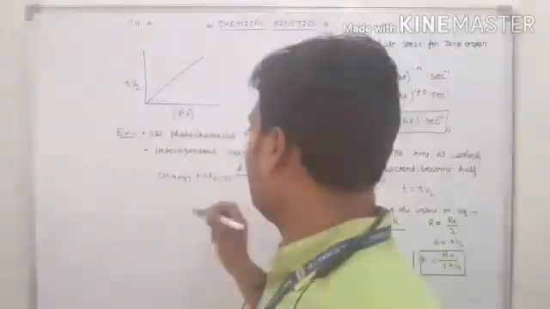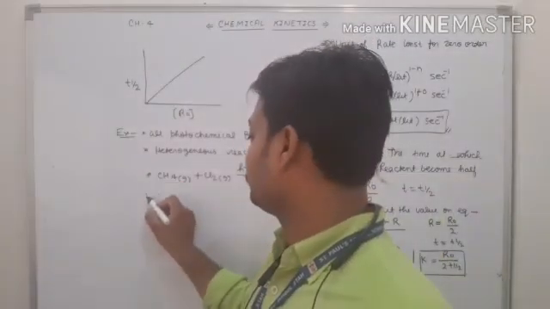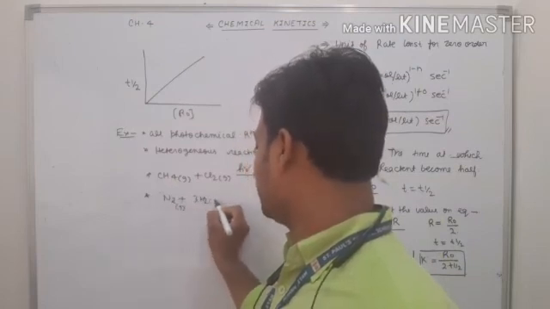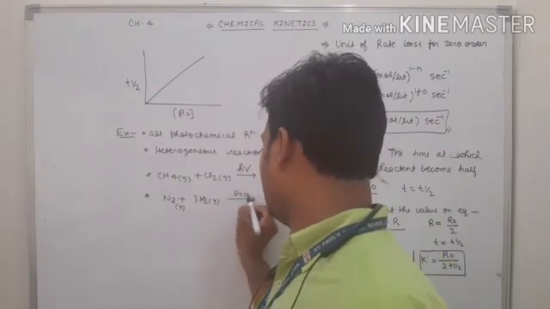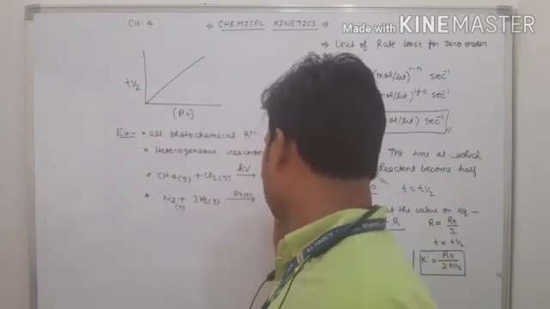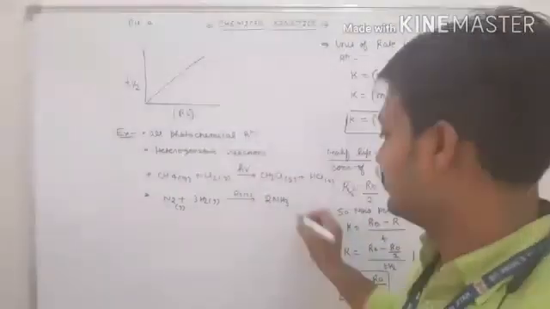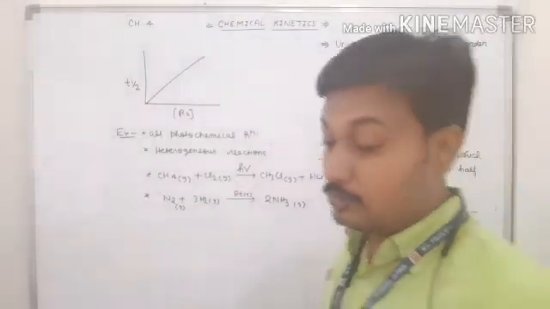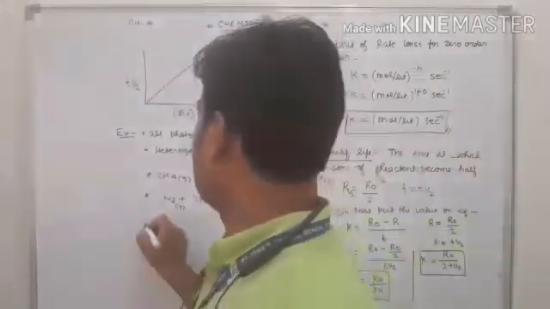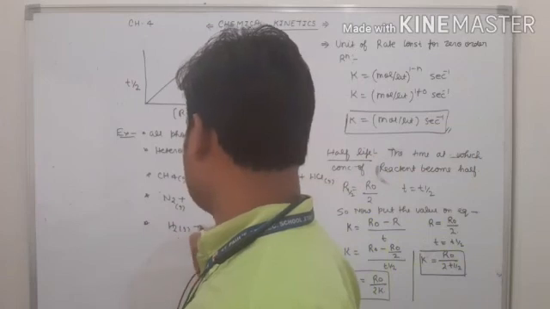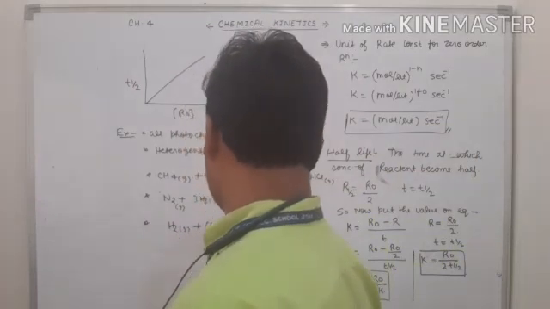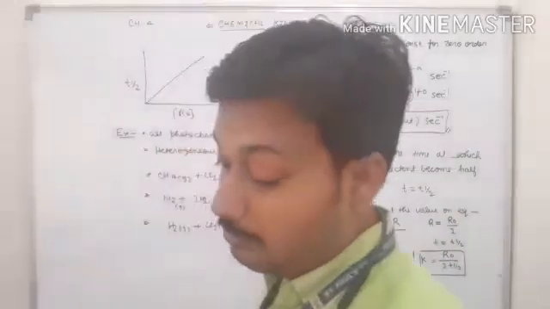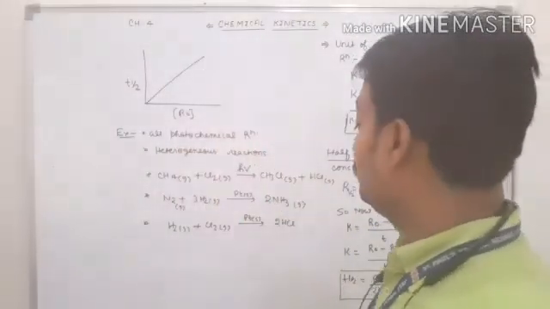Okay. Similarly, N2 plus 3H2 gas, with platinum solid, we get 2NH3 gas. Okay. So here the reaction is also catalyzed by platinum. So such type of reaction is considered a zero order reaction. H2 gas plus Cl2 gas, with Pt solid, platinum catalyst, 2HCl is formed. So here we can understand about the zero order reaction.